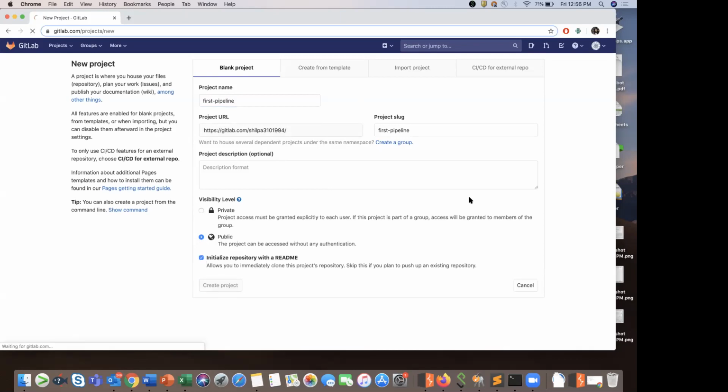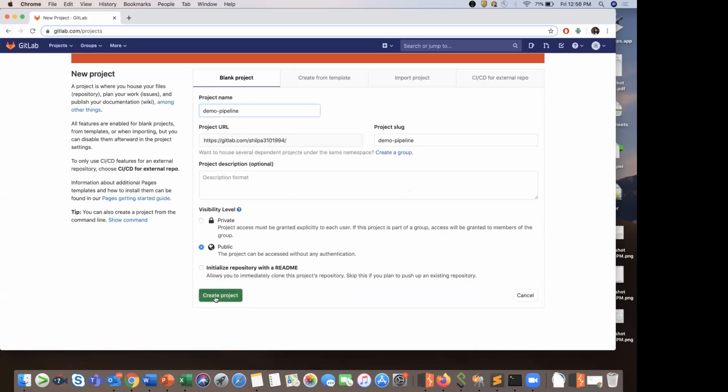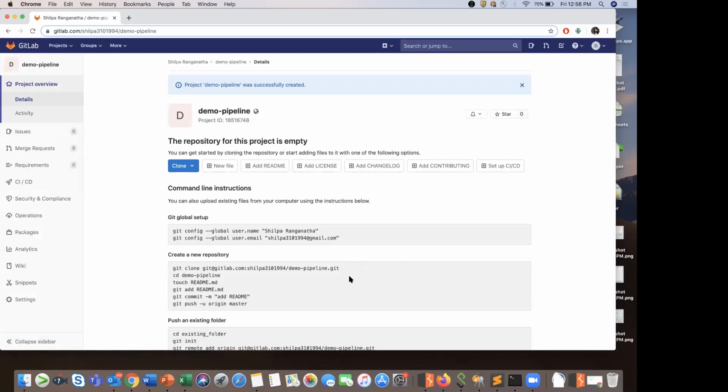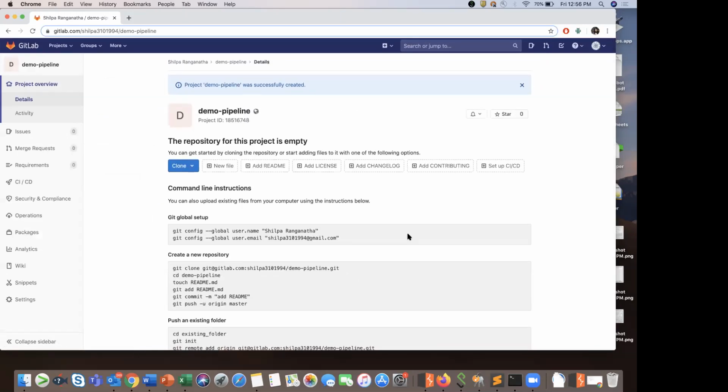Create project. Okay, let's give some other name. Yep. So this is how we create a new project on GitLab.